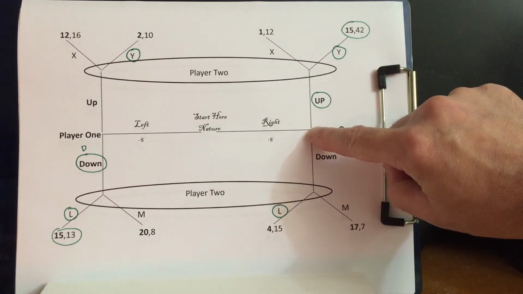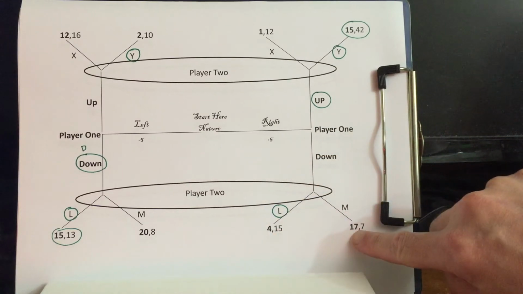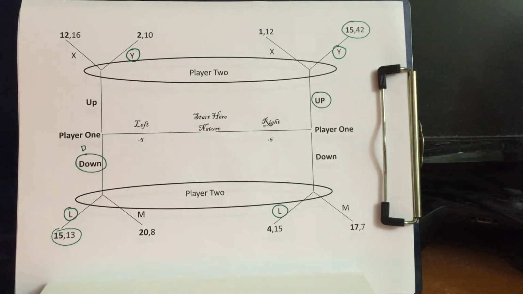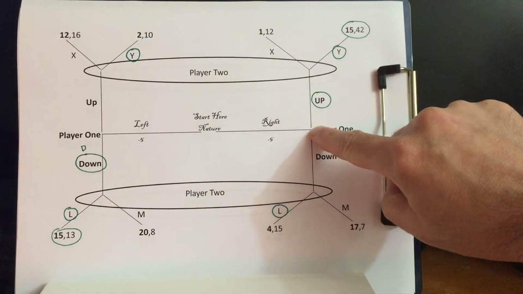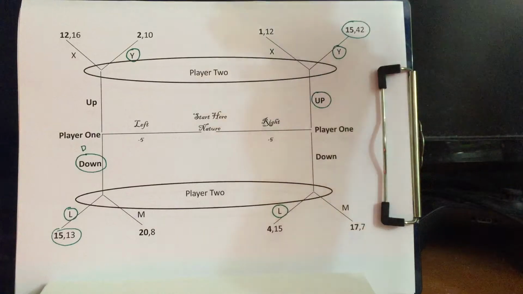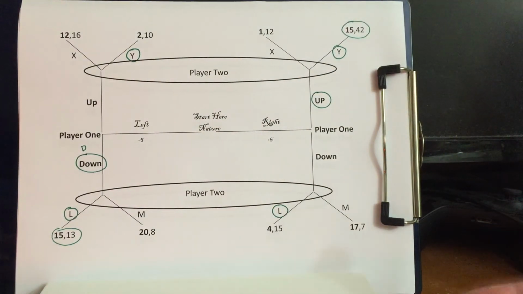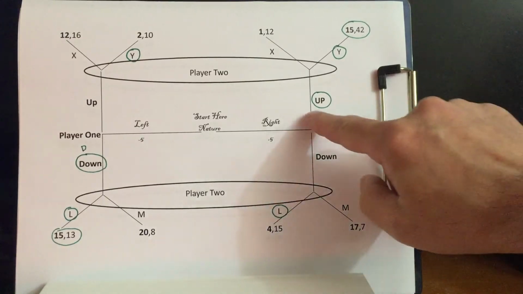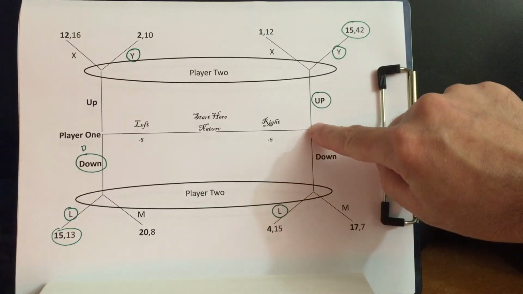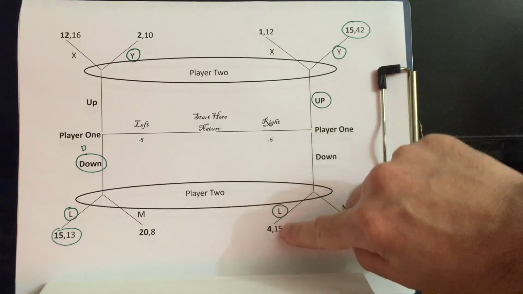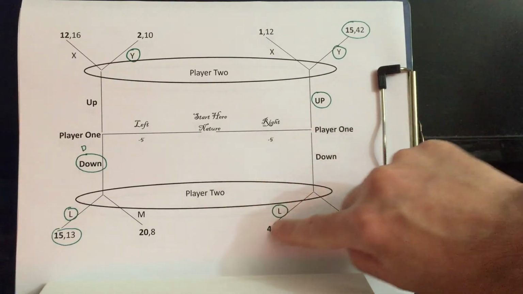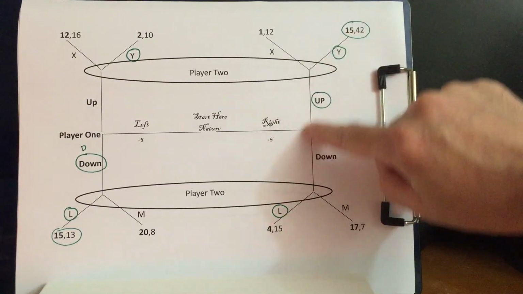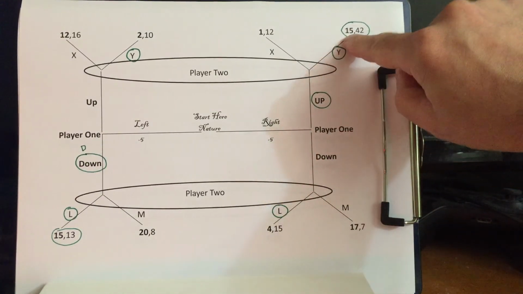Does he have a dominant strategy? Well, down could lead to 4 or 17, and up can lead to 1 or 15, so no. Player 1 does not have a dominant strategy. Just to say why, again, dominant strategy means no matter what the other player does, you're always better off doing your dominant strategy. So the reason down is not a dominant strategy is, well, it's possible if player 2 were to play L, if down was played, that down would lead to 4, and if he played Y, if up is played, up could lead to 15.